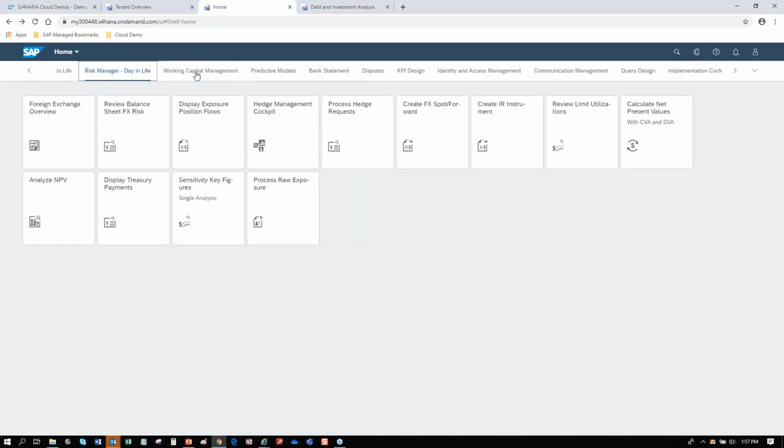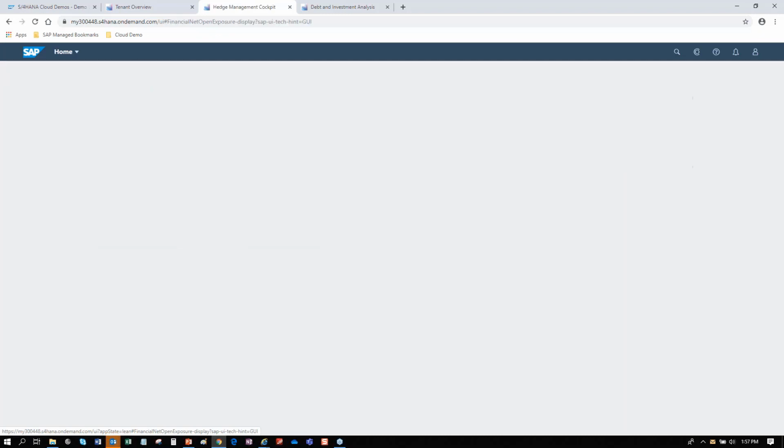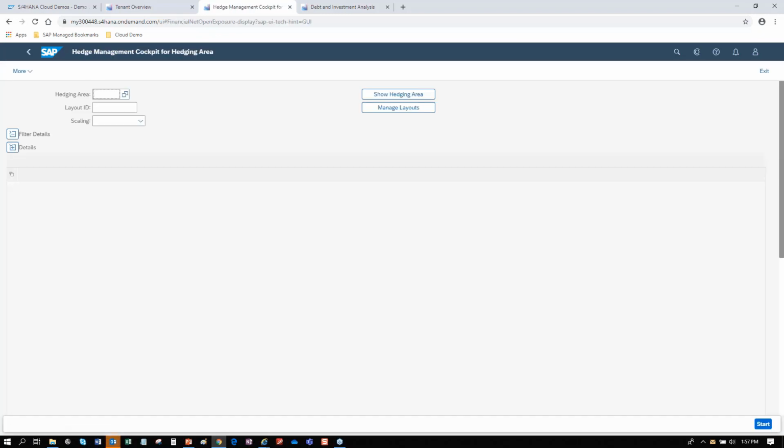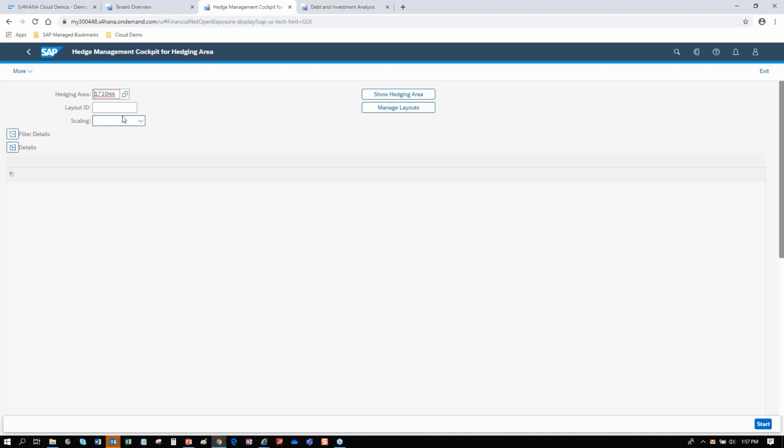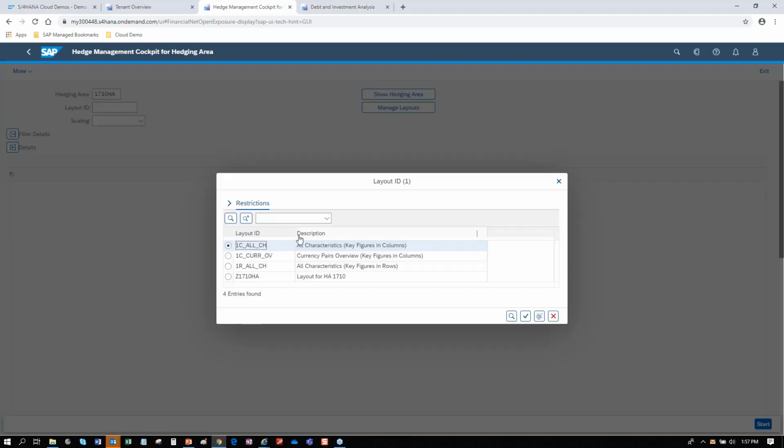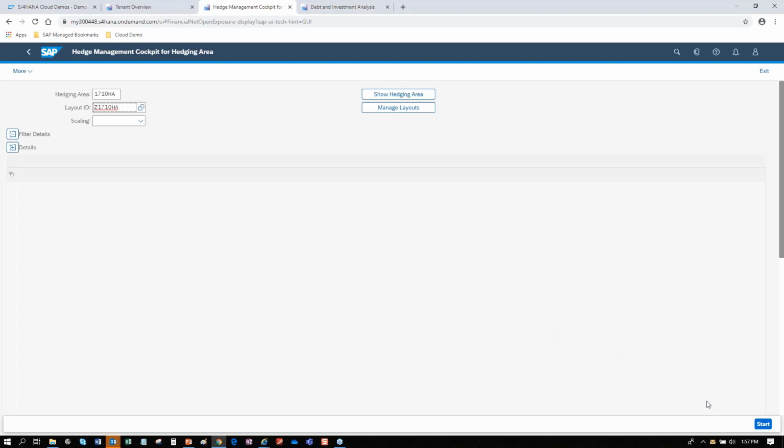Let's spend a few moments on the risk management side. You have foreign exchange overview, which I showed you initially. You can have your exposures coming in from various sources, collected into an exposure management tool. And then I want to just give you a view of our hedge management cockpit, which is very powerful and very unique to SAP's strengths. For years, we have been